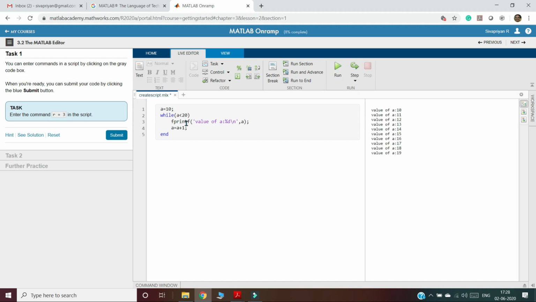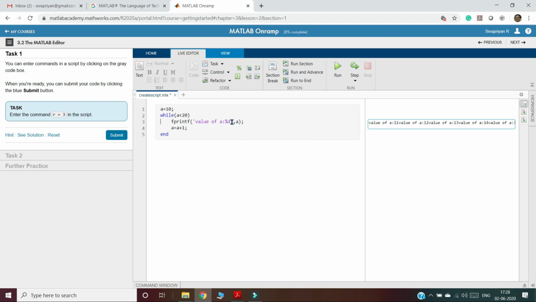First it displays value of a is percentage d backslash n, meaning the a value will be displayed over here, and the backslash n is used to move to the next line. If you forget to put the backslash n, the output will be continuous like this.